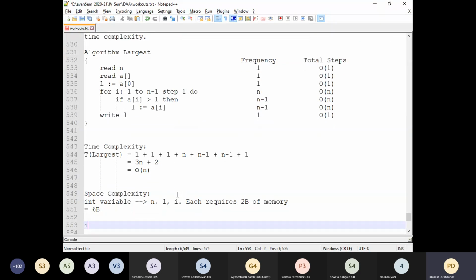Then we have an integer array by the name A. Let me write it in array notation. Now, what is the space for this?